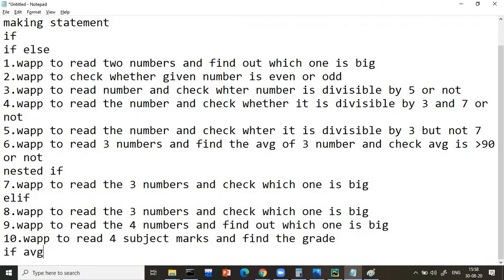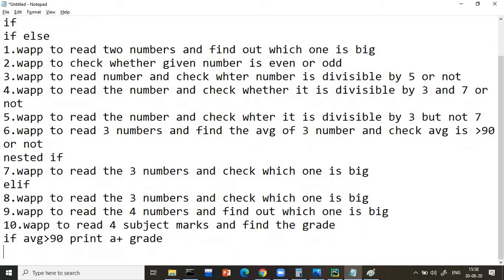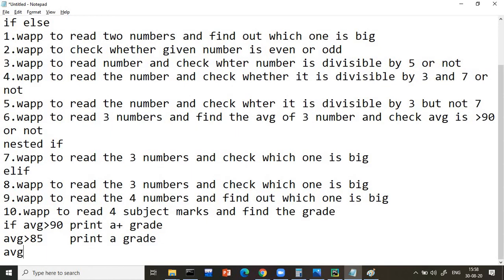If average greater than 90, print A plus grade. Average greater than 85, if it is not greater than 90, then print A grade. Average greater than 70, print B plus grade.